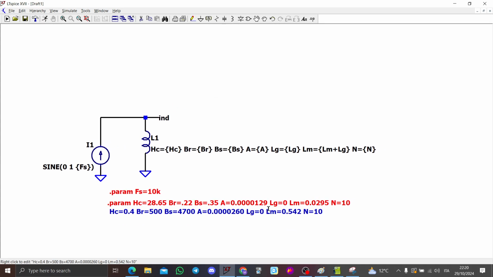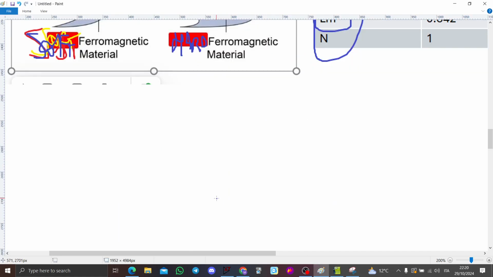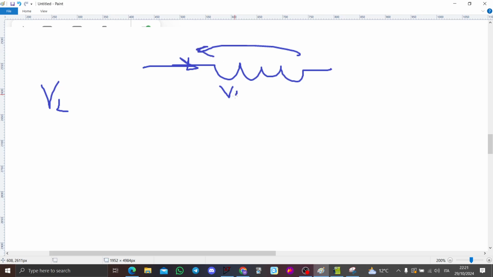Okay, now what do we have to do? We have to extract the parameters. So how can we do it? We have to come back to the formulas and to the physics. First, we have to extract the voltage across the inductor. When a current is passing through an inductor, the voltage VL will be equal to L times di over dt. Now, since L is given by all the dot parameters,